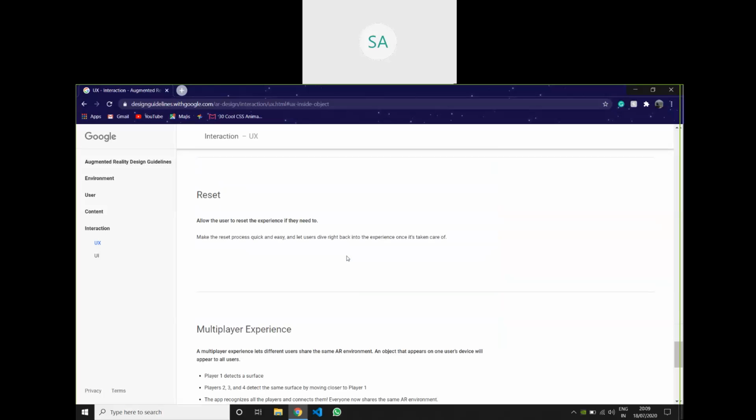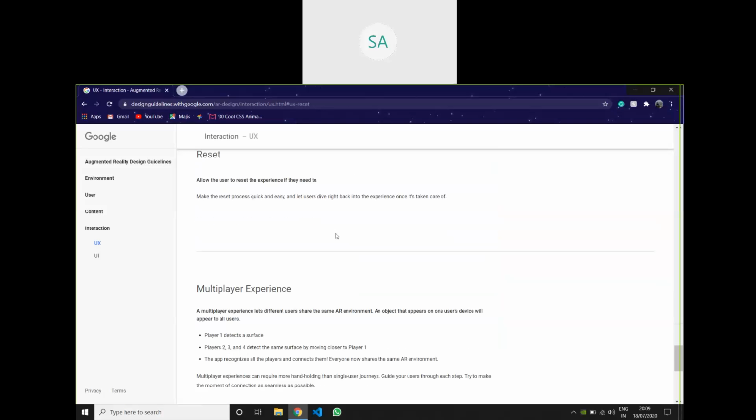And then make sure the user can reset the object to the initial state. For some reason, he might scale it up and he doesn't want it like that, and he doesn't know how to scale it down again. There should be a reset button such that it comes to the original state, like how it is in the beginning of the app.